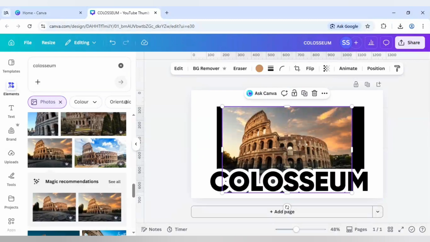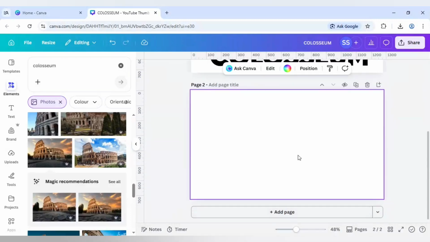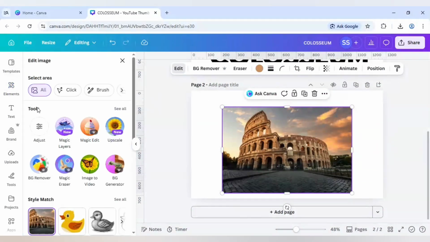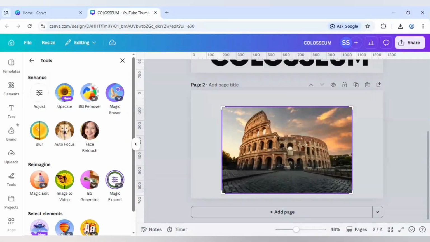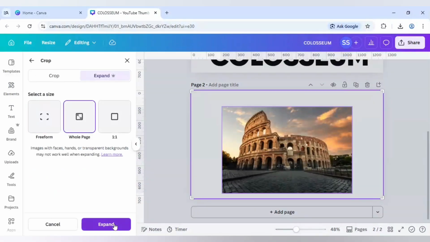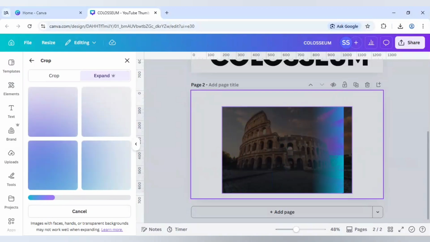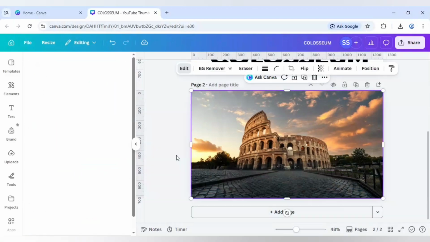So I will just cut the image by pressing Ctrl+X and click on add page and click on Ctrl+V to paste it, and after that go to edit and go to tools, click on see all. Here I will find magic expand in reimagine part and click on expand and make sure it is selected in whole page. So I will select the first one only, click on done, and after that